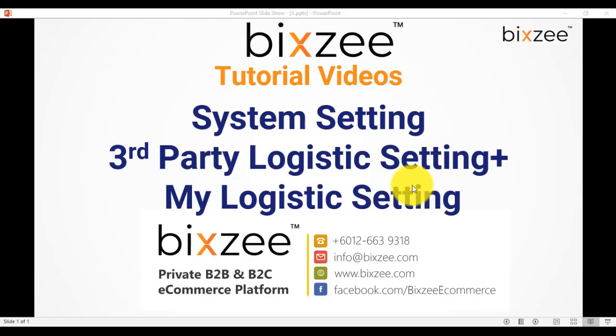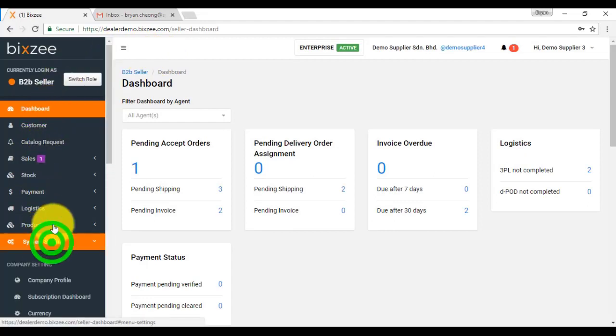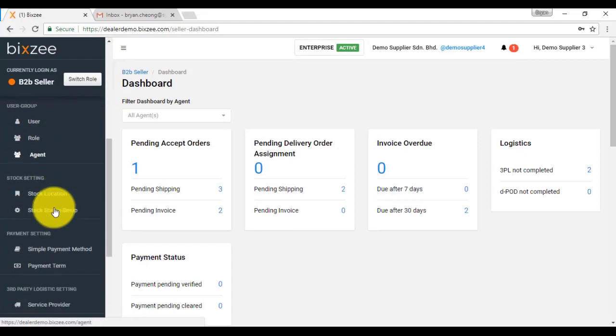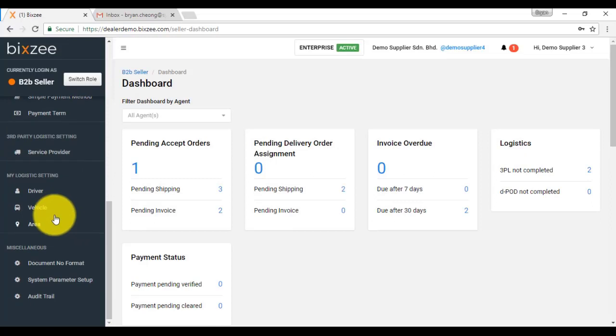In today's tutorial, I'll talk about third-party logistic setting and also my logistic setting. Let's go to Bixzee B2B seller platform. On the left-hand side, go to the bottom and you can see system setting. Click on it and just scroll down a bit and you can see the third-party logistic setting and also my